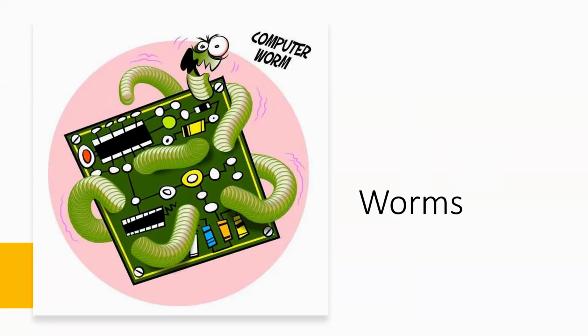Worms do not need a host program in order to run, self-replicate, and propagate. Once a worm has made its way into the system, usually via network connection or as a downloaded file, it can then make multiple copies of itself and spread via the network or internet connection, infecting other computers and servers on the network. Since each subsequent copy of a network worm can also self-replicate, infections can spread very rapidly.